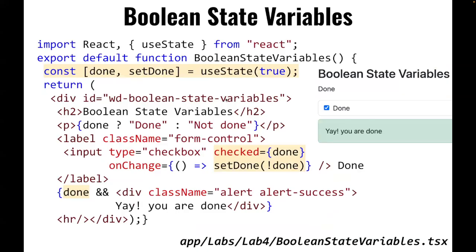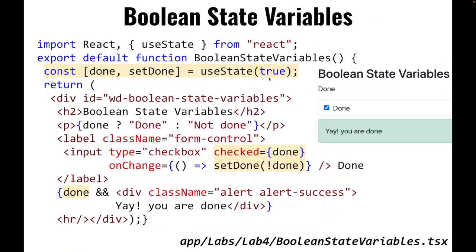Okay, so I'm going to go through several trivial examples of state variables, so that we get a chance to practice this, with simple data types first. Then we'll get to some more interesting data types or structures, arrays, objects, and whatnot. So here's an example of a Boolean state variable, where done here